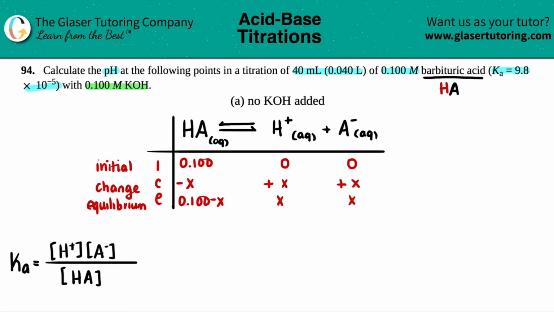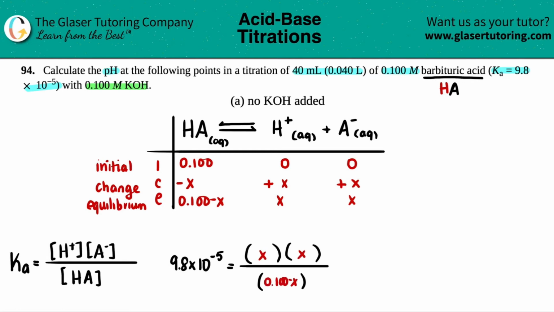They did give us the Ka value. Thank you so much for that. So 9.8 times 10 to the negative fifth equals, and then maybe I'll put the 2 numbers up top here and the 1 number on the bottom. So this would be x times x divided by